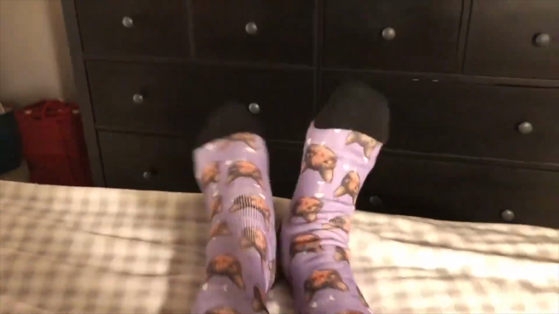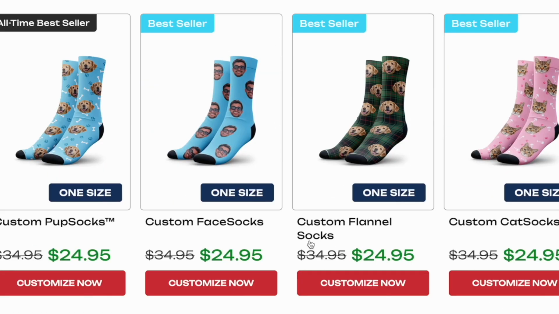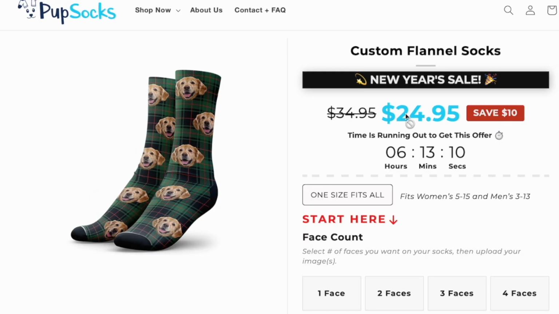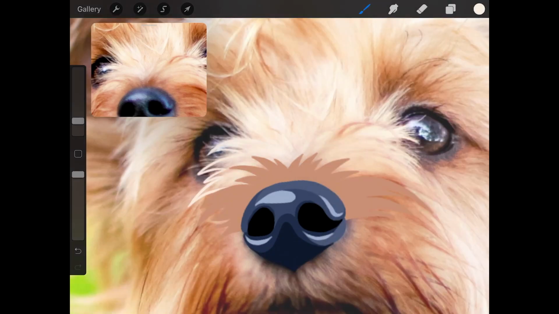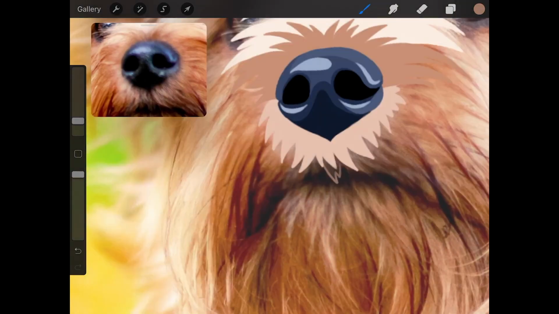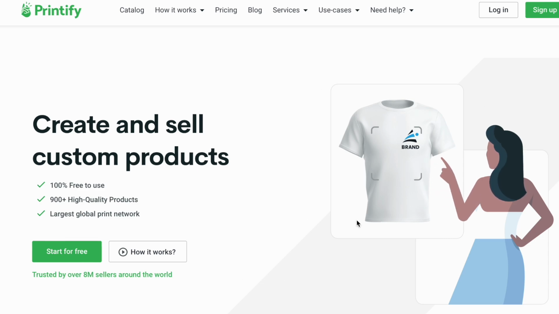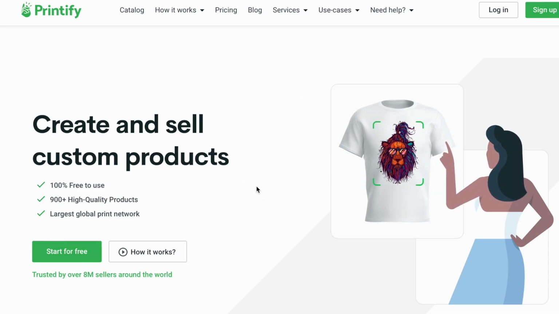So, for example, Pop Socks. They have a website that's built around selling customizable pet products that have your own pet's face on them. They're selling these socks for $25, and if someone orders one now, all they have to do is A, find the designer who will design this sock using the information that the customer left behind once they placed the order, and B, find the print-on-demand supplier who will fulfill this order, and then they have to upload